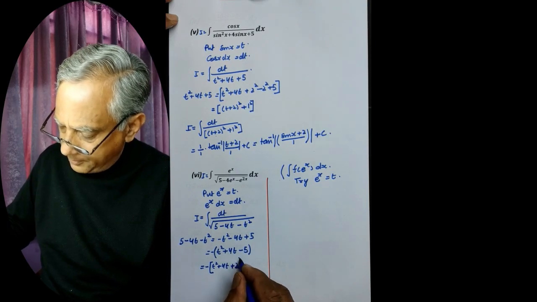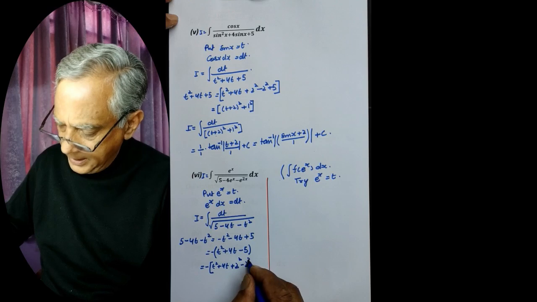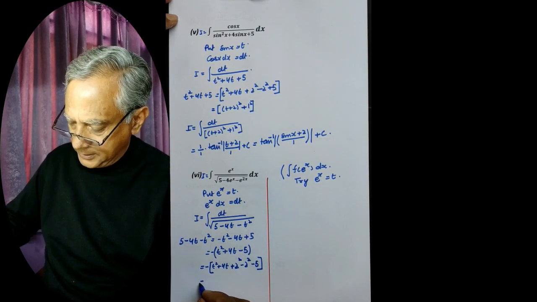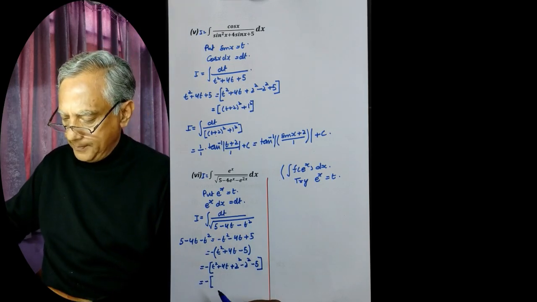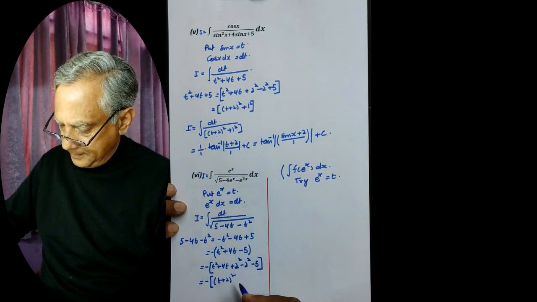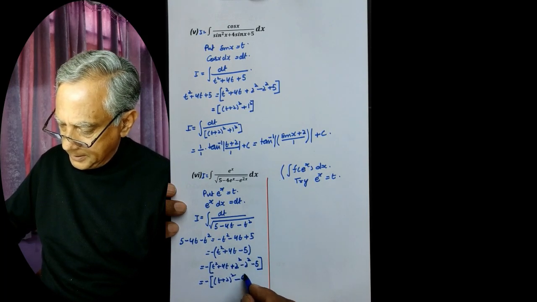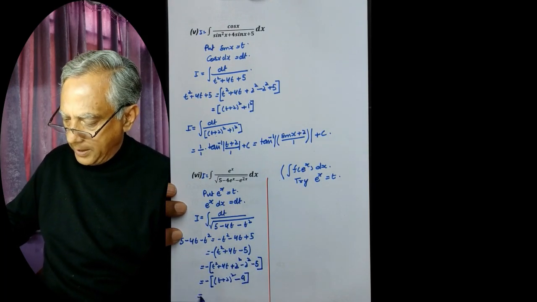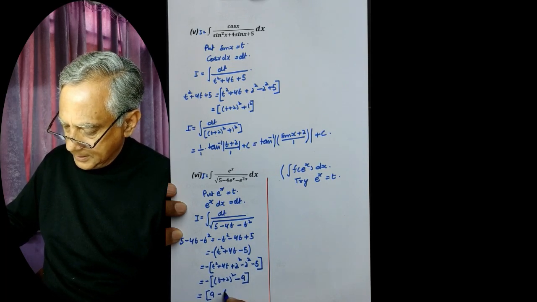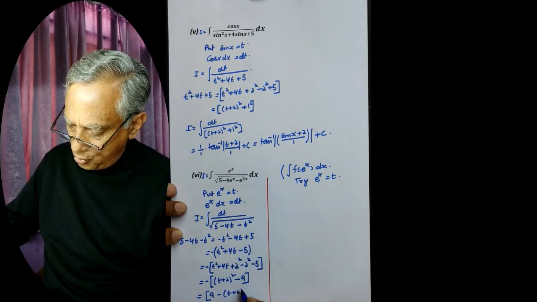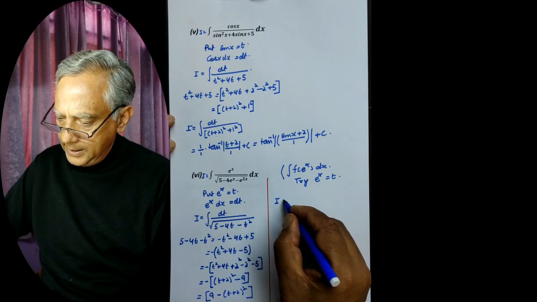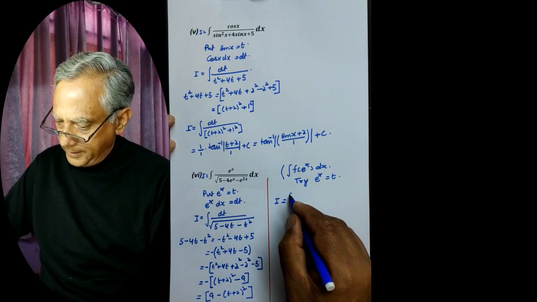So 2 square will be added and 2 square will be subtracted. So we get this, and this is equal to minus (t plus 2) whole square minus 9, and the minus should be taken inside. So this will be 9 minus (t plus 2) whole square, and therefore this integral I is equal to integral